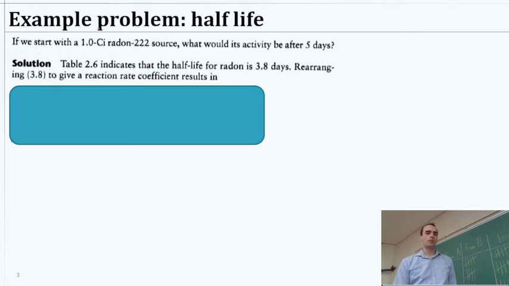So this is a unit for the activity, the radioactivity, of the material. I'm forgetting the actual term. But does it matter with the calculation? No, it shouldn't. Yeah. And it's saying that table 2.6 indicates the half-life for radon is 3.8 days. And okay, so